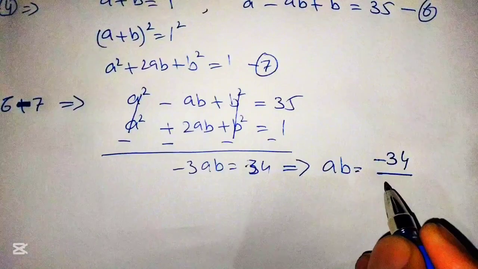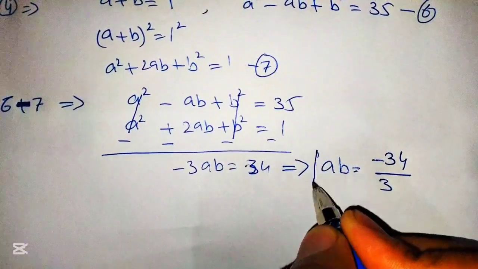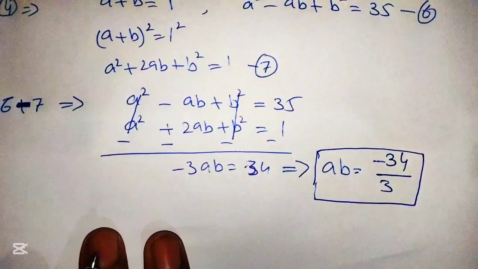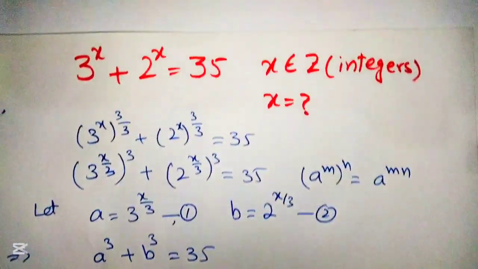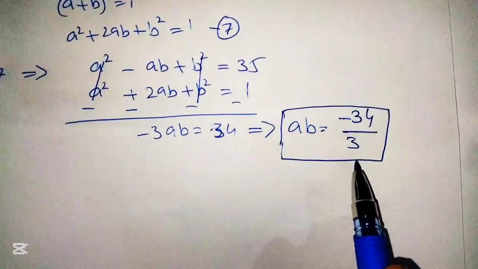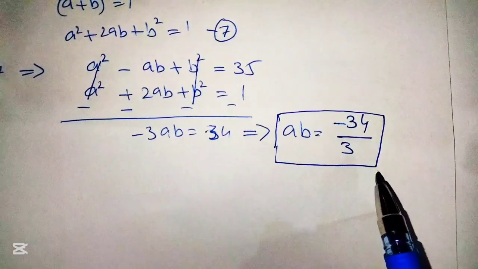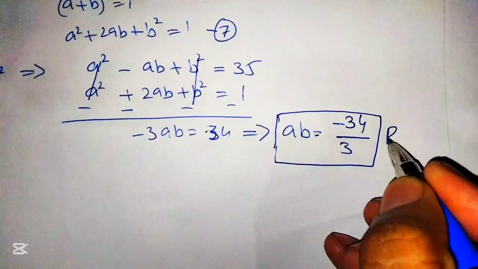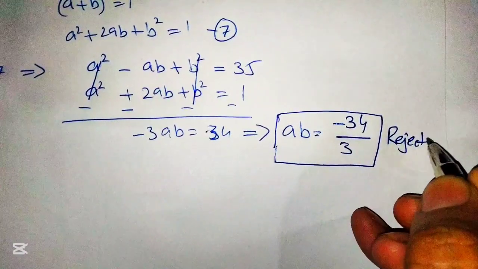which is also rejected as from the given statement x belongs to integers. Now here ab is equal to minus 34 over 3, which is not integer, so this solution is rejected